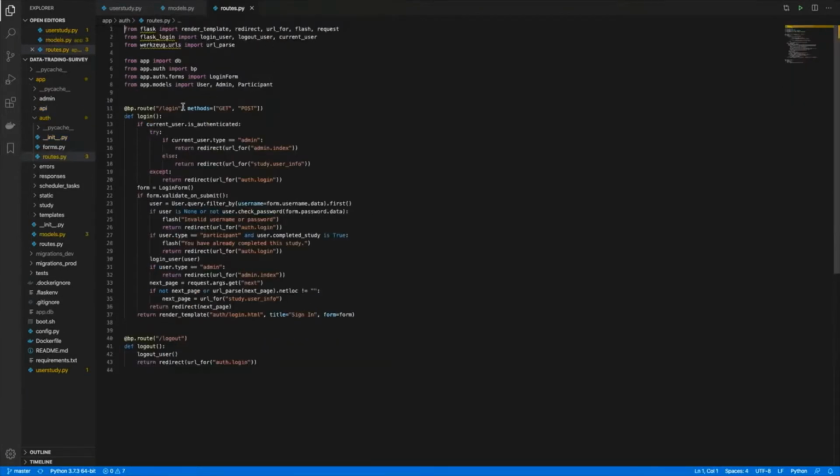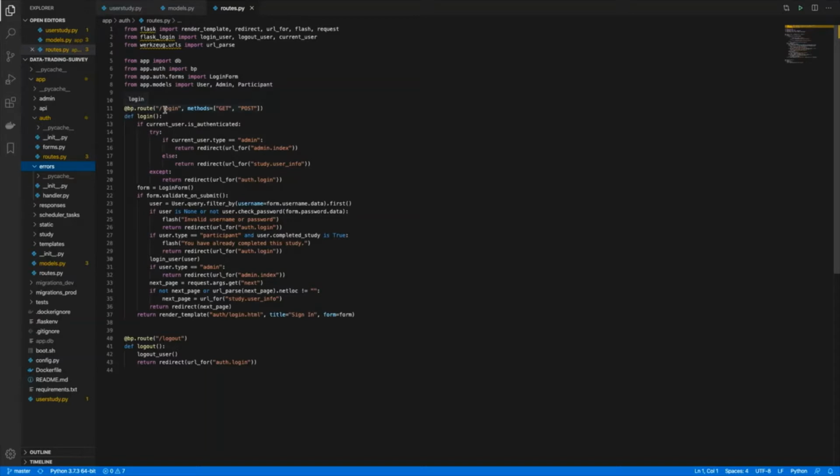It's also important to note that each module contains this routes.py file, which registers a route to the blueprint using this decorator here, app bp.route.